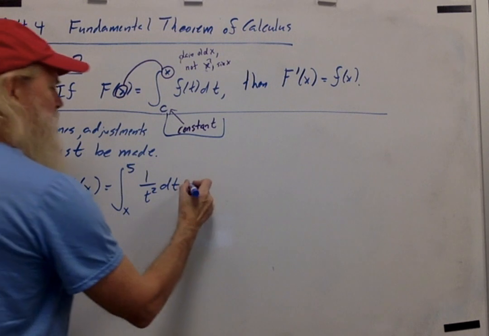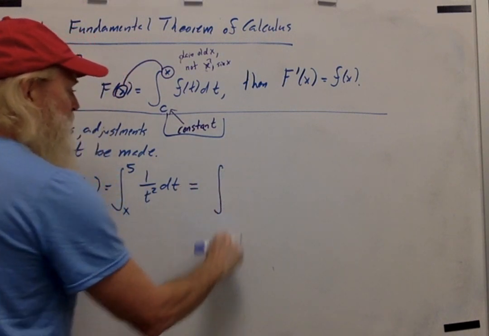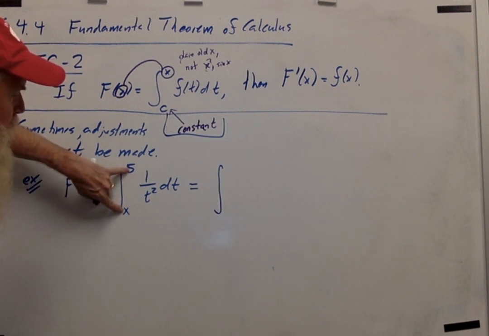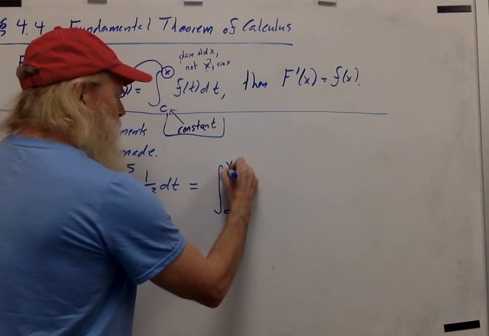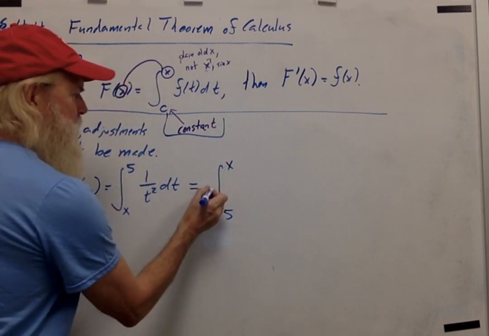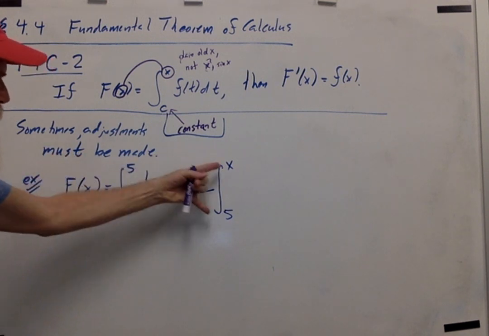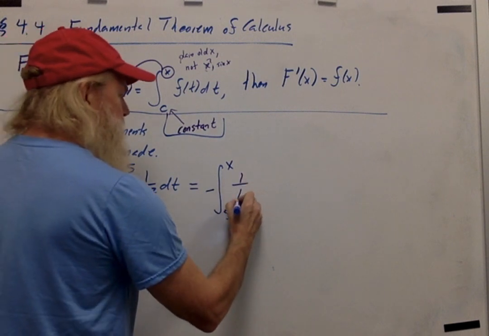So before we apply the fundamental theorem of calculus, we need to apply one of the properties of definite integrals, which says that you can swap the two bounds, here putting the 5 on the bottom and the x on the top, provided you change the sign of the integral. So the first step is going to be to swap the bounds so the constant's on the bottom and the x is on the top,